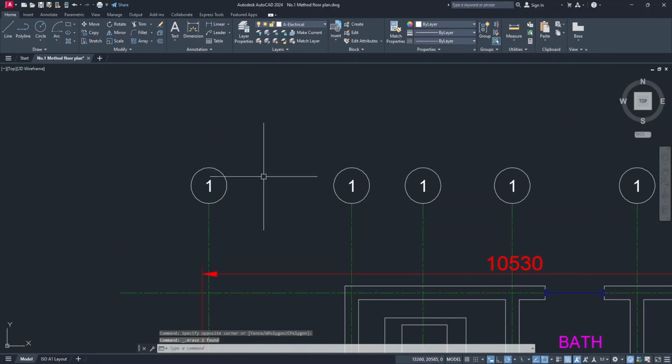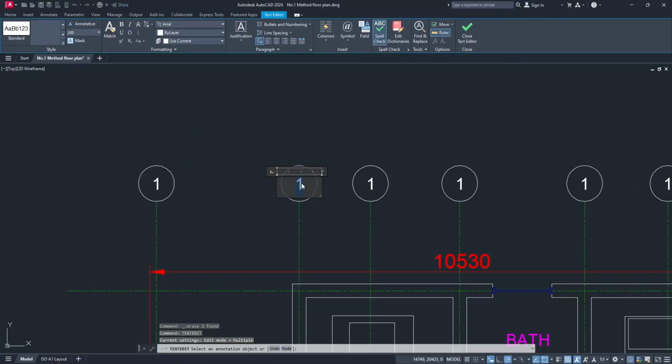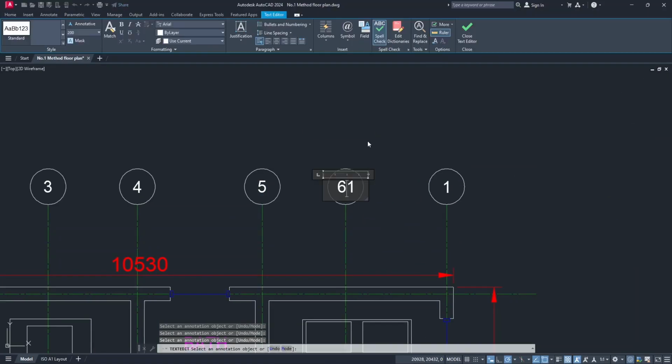To edit them fast, type text edit, click it, rename this to 2 and rename them up to 6. When you are done,